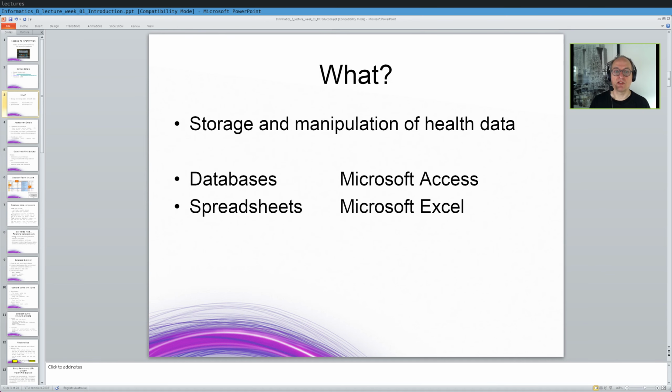What's this class about? This class is about storage and manipulation of health data, both how to do it, the tools, Microsoft Access and Microsoft Excel, and also what the data looks like, to have a real firsthand experience with big, messy chunks of health data. And what do you need to do to get good at manipulating that data? Using my powers of prognostication, looking into the future,